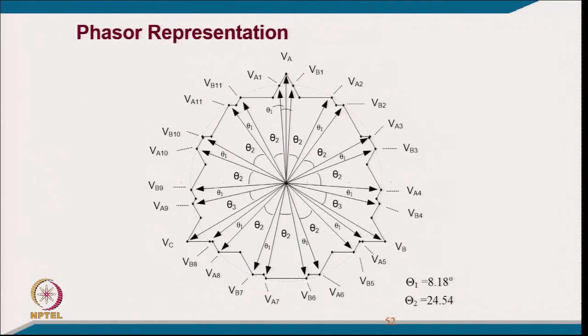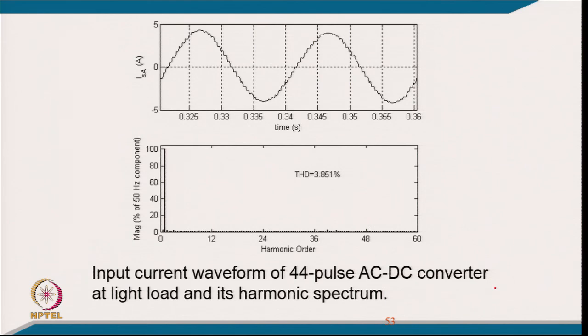And these are the phasor diagrams of all these. You can call it 2 sets of 11 phase supply, which you can call VA11 and VB11. So, A set of 11 phase and B set of 11 phase you are getting, and the angle you require here is given as theta 1, which is the staggering between the phases. Theta 2 is the angle between the 2 sets of 3 phases. That is the angle you get from calculation, and the THD corresponding to 44 pulse is on the order of